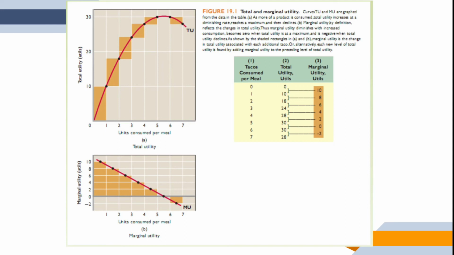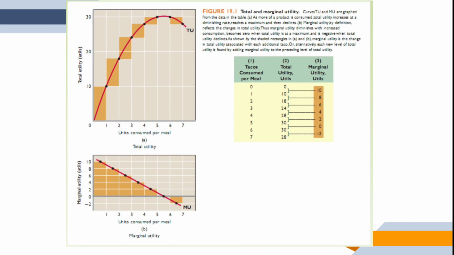Now, where the total utility is increasing, no matter that it is increasing, marginal utility will be going down. For example, if you love some song and we ask you to listen to that song, the first time you listen to it and you enjoy it. We'll ask you to listen again, and your enjoyment will be somewhat less. Then we'll ask you to listen again, and your enjoyment will be even less. It means that with the utilization of every new item, your utility is falling down and down and down.